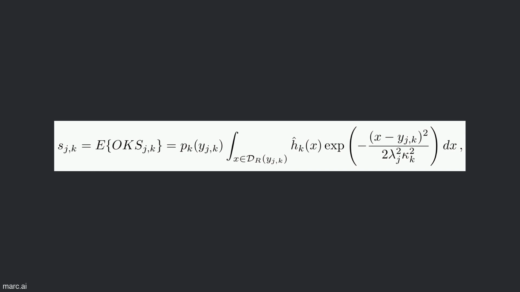Specifically, consider a detected person instance j with keypoint coordinates y_j,k. Let lambda_j be the square root of the area of the bounding box tightly containing all detected keypoints of the jth person instance. We define the expected OKS score for the kth keypoint, where h_k(x) is the Hough score normalized in the disk around y_j,k. The expected OKS keypoint-level score is the product of our confidence that the keypoint is present, times the OKS localization accuracy confidence, given the keypoint's presence.